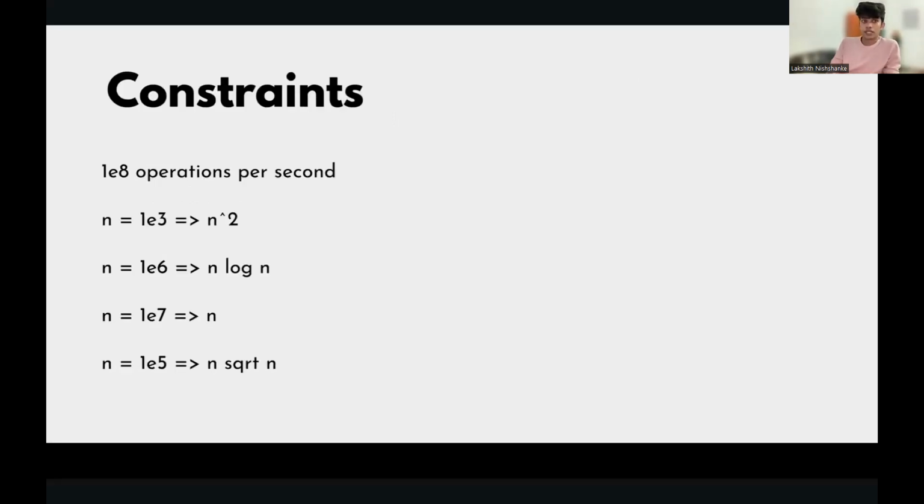Okay. Constraints. Constraints are our main problem. When you're solving a problem, there will be some hardware constraints, like you will get 256 MB of memory, you will get 2 seconds of runtime, stuff like that. The most important part of that is runtime. So I'll first talk about the runtime.